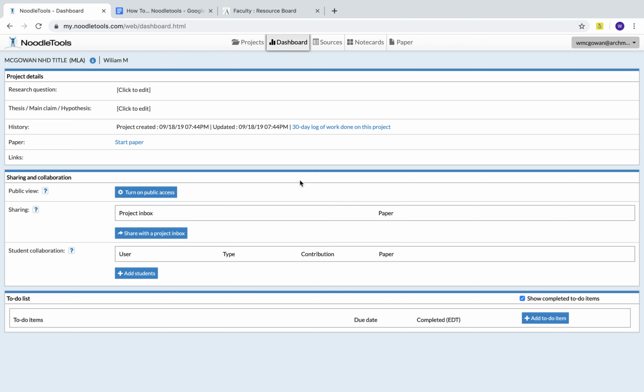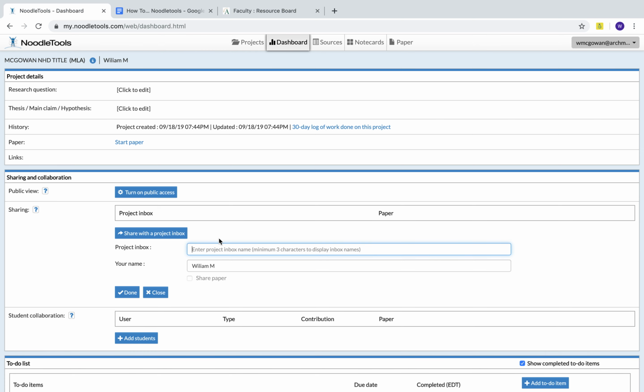So the next thing we'll do is we want to share this project with a project inbox created by our teachers. So you would click on this button here, and you would then search for the inbox. So your teacher should have already created a project inbox for you to submit your project to. So I would have my students type in McGowan and then the section number. Now, once I start typing in my last name,